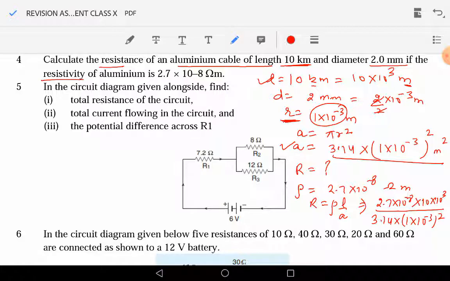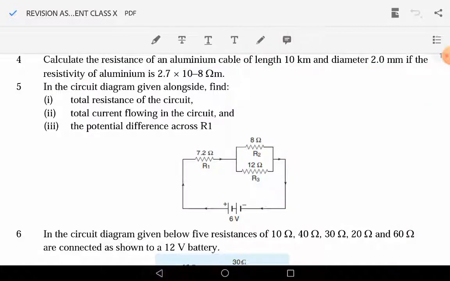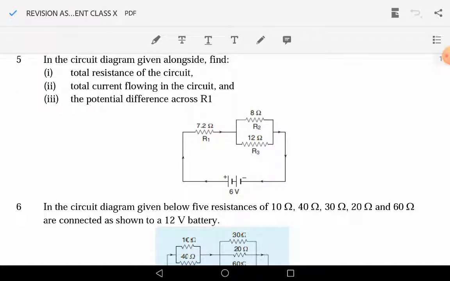Okay, and now we just have to solve it. So this will be minus 6 and this will cancel out, minus 2 it will be, minus 2 and this will cancel out, it will be 10 raised to the power 1. And 10 will cancel out, so it will be 270 upon 3.14. When we solve it, we will get an answer nearly equal to 86 ohm. Okay, so after doing the calculations, we get 86 ohm.